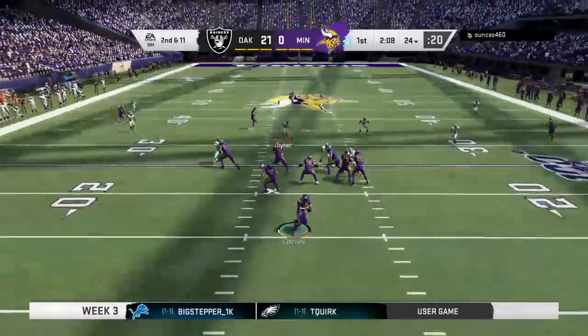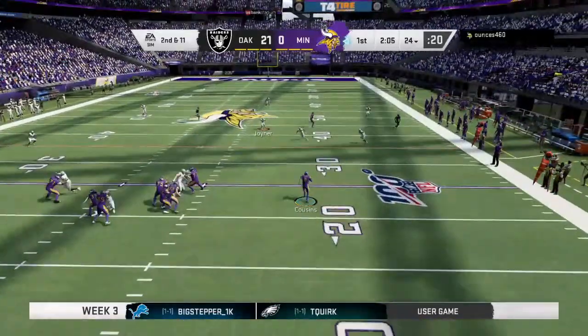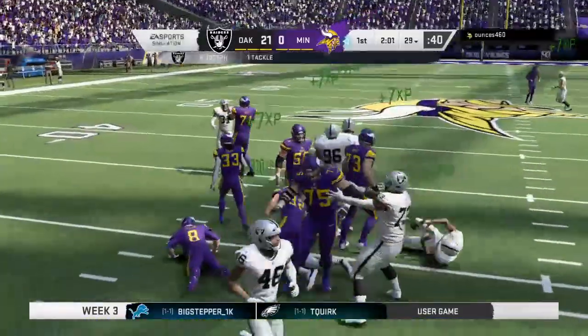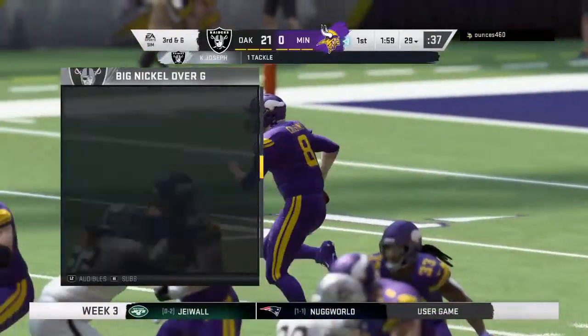Now Cousins here on the bootleg, sliding out of the pocket. He'll try and run it. Now the hit comes, and Cousins lost the football. So it goes as a fumble, but the key thing...